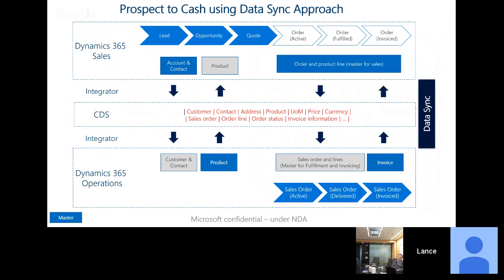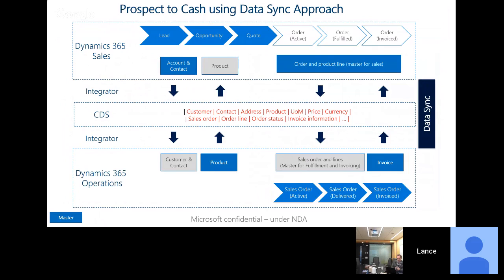And it turns out that account and contact are authored or mastered in sales, and they get pushed down through the CDS. Now, it's not a simple entity, simply account or contact. When account and contact come, there's a bunch of additional information that we bring along with it. So there's the customer, there's the contact, there's the address, for instance, that comes along. Unit of measure, etc. Currency comes when we bring in, for instance, product. So when we bring product up, we have product, we have unit of measure, price, currency, and so forth. So there's a lot more when I talk about it being account or contact. There's a whole bunch of other information that moves along as well.